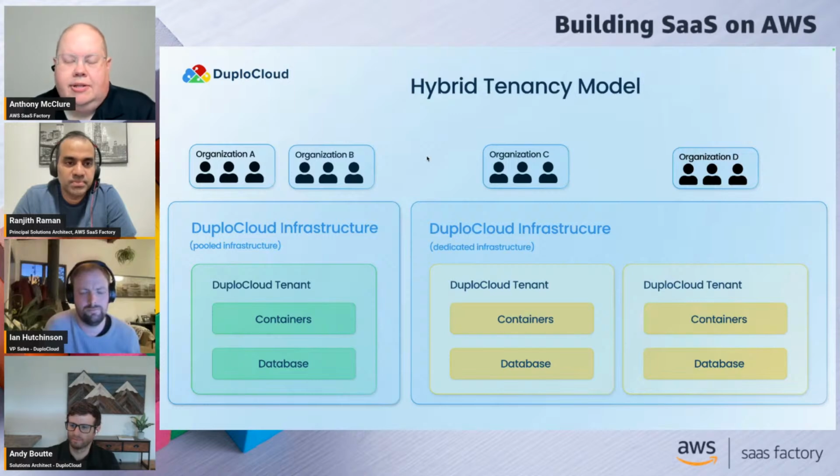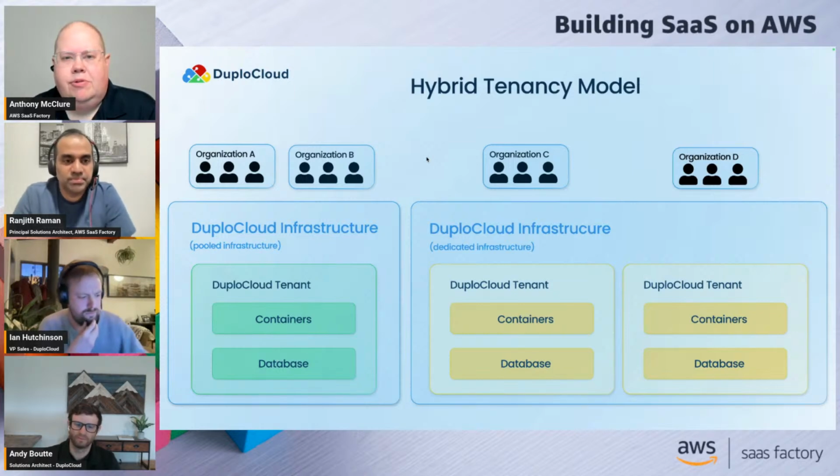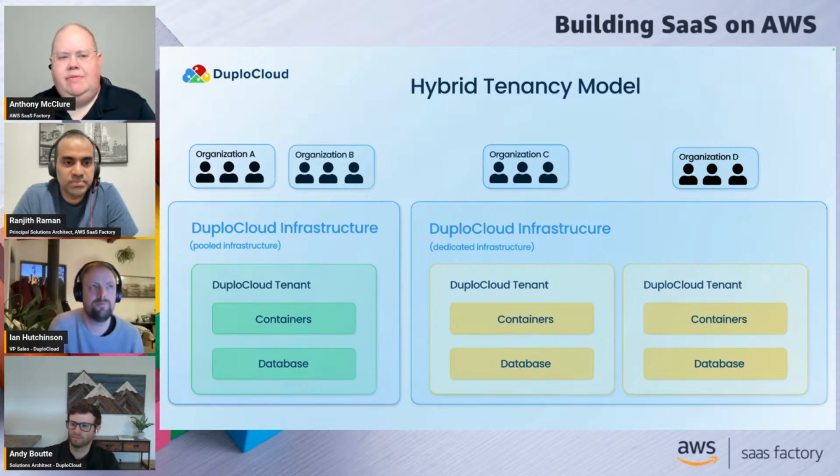Interesting. Taking a look at all of this, these are very similar models to what we talk about with the AWS SaaS Factory, and how we talk about how to produce SaaS, the different ways that this can be done. So all this looks very familiar to us here. But from the capabilities that DuploCloud brings to the table, it seems like you can maybe even play the role of certain other individuals within an organization based on the tooling that you have. Is that correct? Absolutely. Yeah, we take on a lot of different roles for our customers. Sometimes it's just DevOps engineer, and the DevOps engineer could be our software itself, enabling our customers' software developers to actually own their own ops.